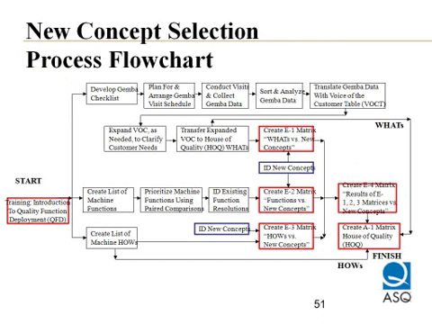This is a graphic of a process flowchart I developed for one of my clients several years ago, in an effort to figure out what new concepts need to be used. Starting over at the left, we have training and the quality function deployment. We developed, at the top left, the Gemba checklist. Gemba is the Japanese phrase for the place where work is done. And you collect all this information in an effort to create the what's for the